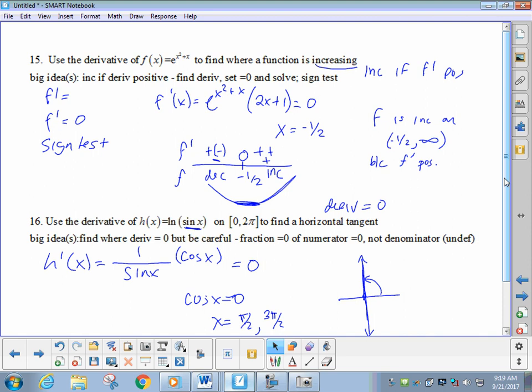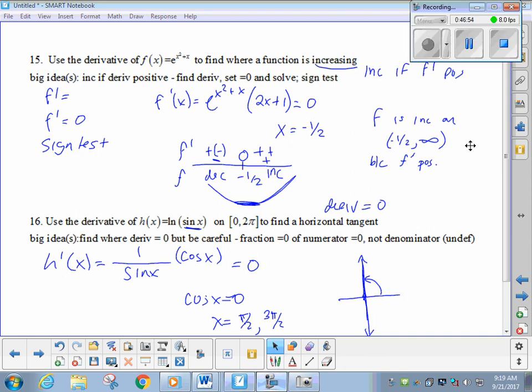Okay, cool. I'll just walk around. Let me know if I can help you. There are a few implicit problems on tonight's homework, and there's a few chain rule problems on tonight's homework. And do pay attention to if you're doing the product rule right and stuff. I'm having people turn in problems with the product rule wrong. You should know whether you're doing it right or not. Let me know what I